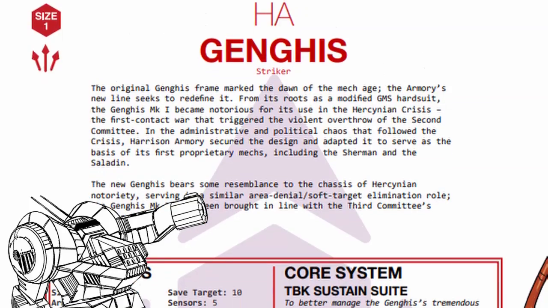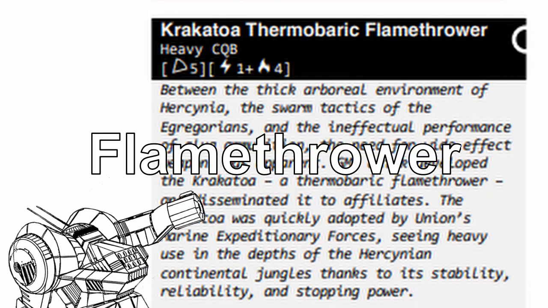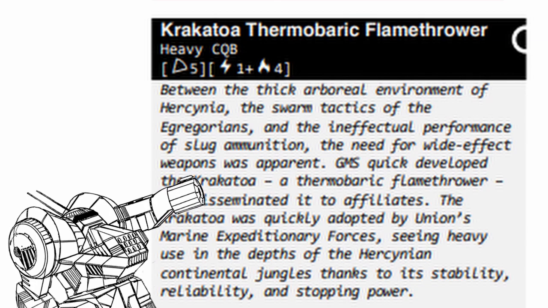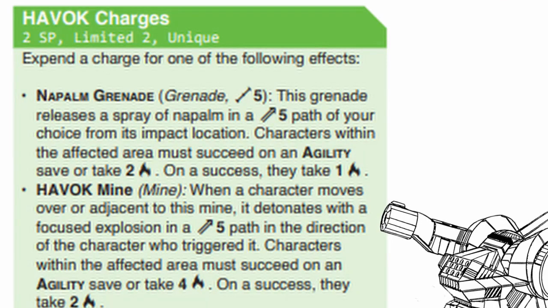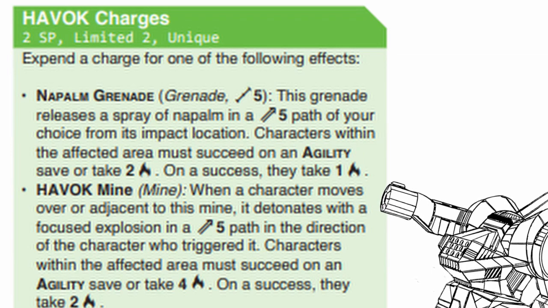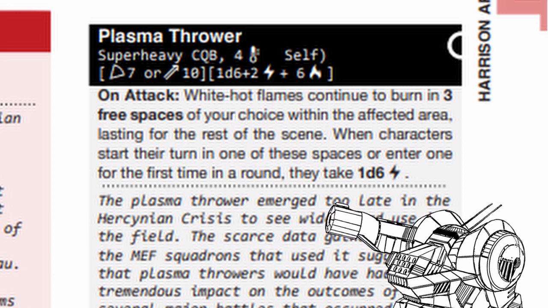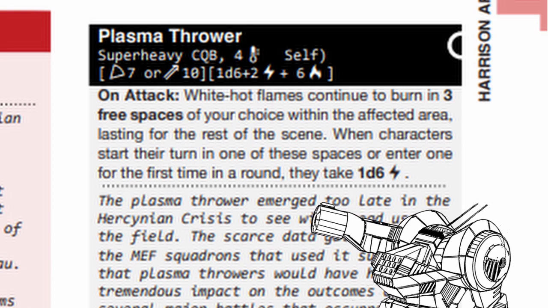Genghis, no changes to the mech. Explosive Vents is now once per round, Flamethrower is renamed as Krakatoa Thermobaric Flamethrower. Napalm Grenade is down to 2 burn and 1 burn on successful save, Havoc Mine is 4 burn and 2 burn on save instead. Plasma Thrower now sets the terrain on fire when the weapon is fired and not afterwards. Iskander,